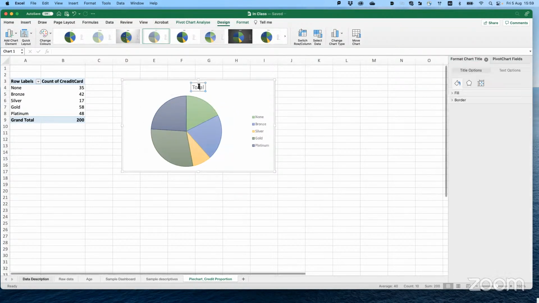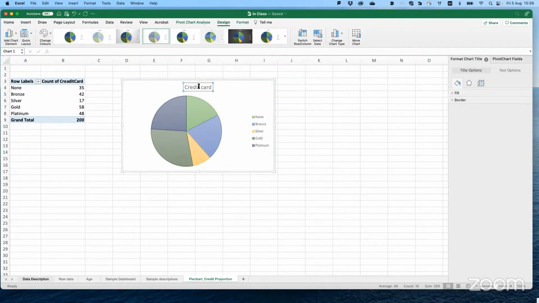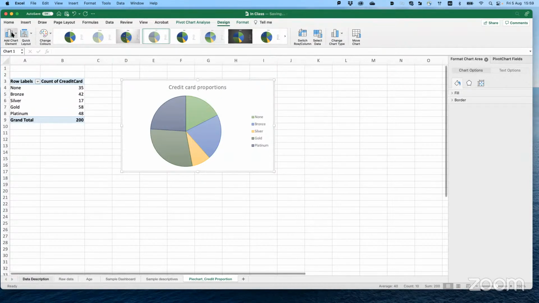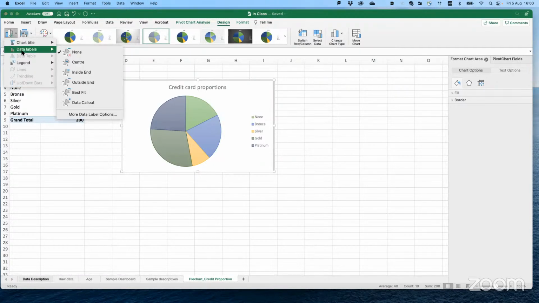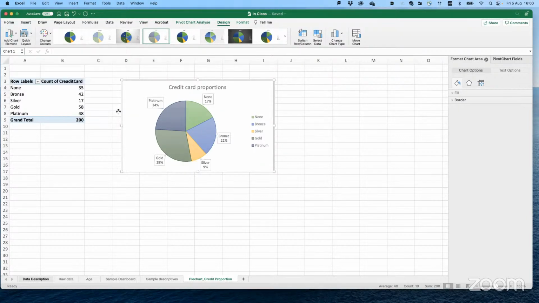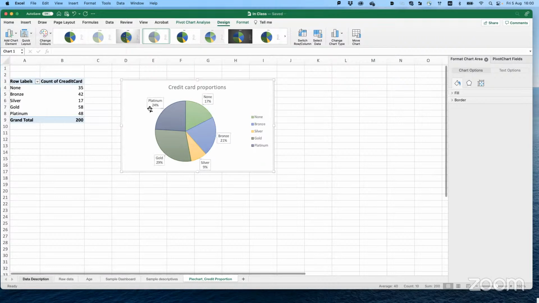You change the title to credit card proportion, something like that. You add chart elements, you add labels, you say, I want to have data callouts, for example.